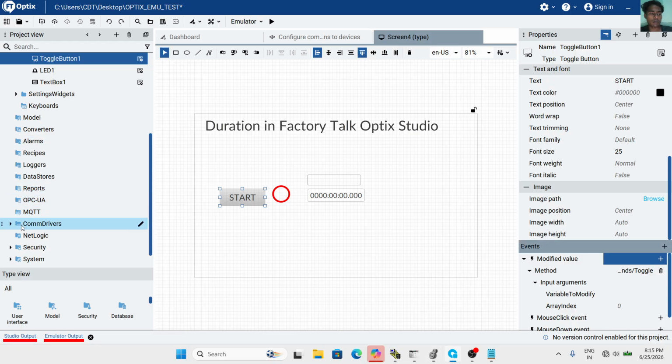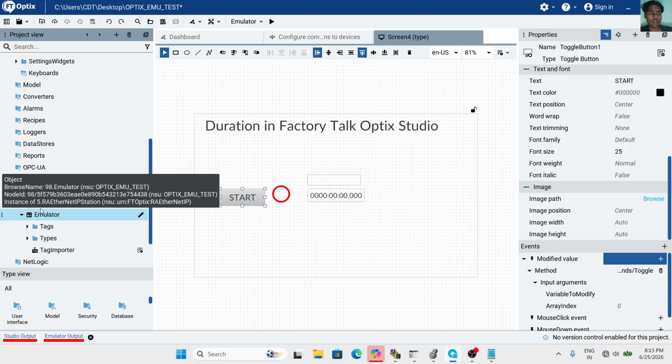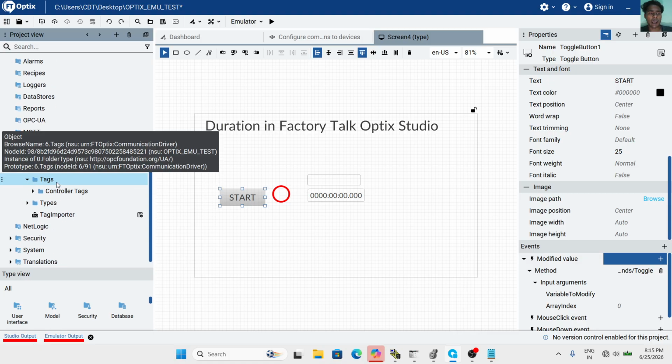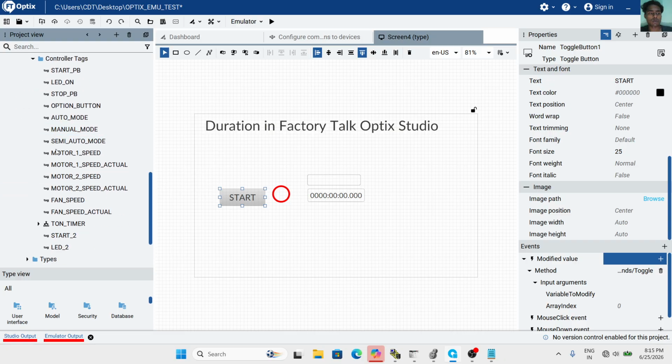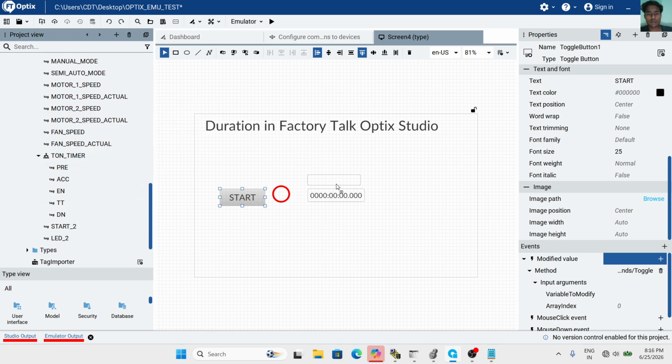Then go to the communication driver, local Ethernet, the emulator, then the tags. In controller tags, the start bit is available, and LED for the LED light. The timer preset value is the text box, and the timer accumulator value is from duration.